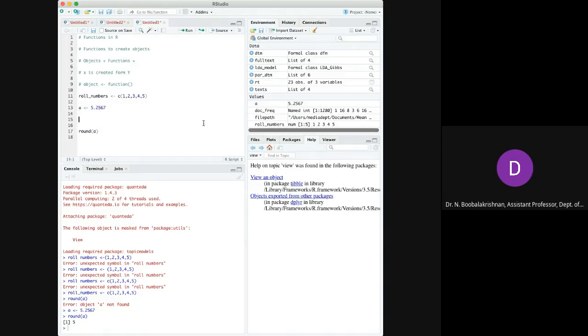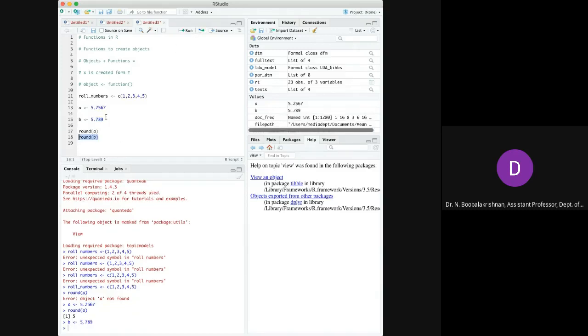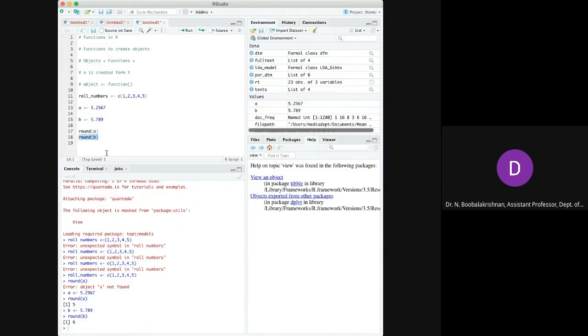Now see B, 5.789, round of B. You have to execute every time you are assigning something. It rounds down when the decimal is less than 0.5, and rounds up to the next number when it is above 0.5.